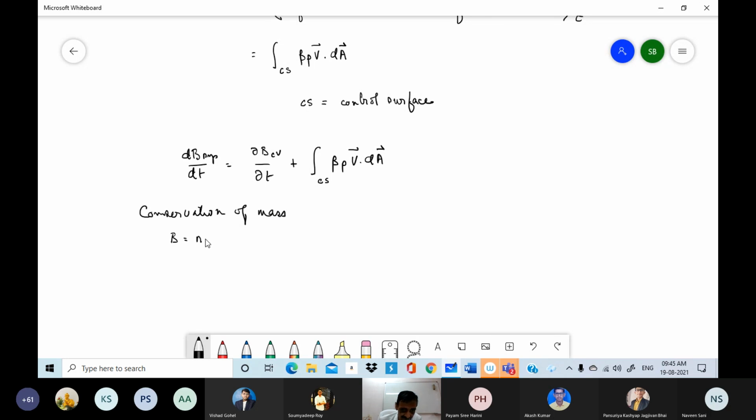B is equal to mass. So then beta is equal to 1. We know